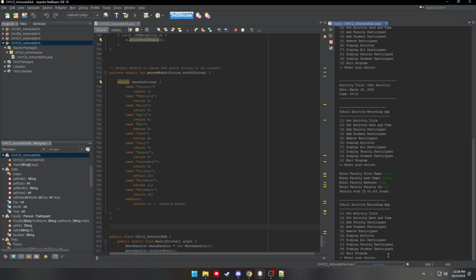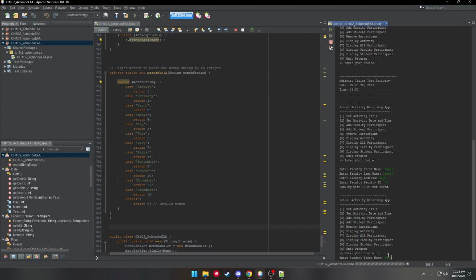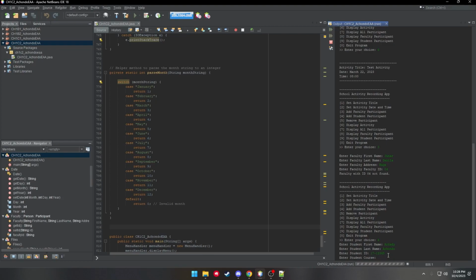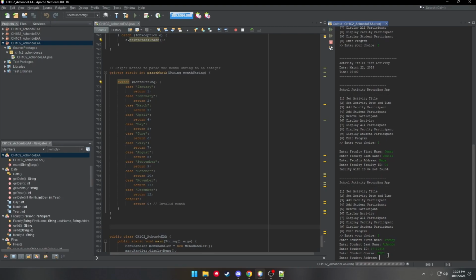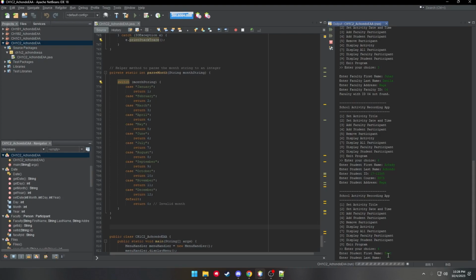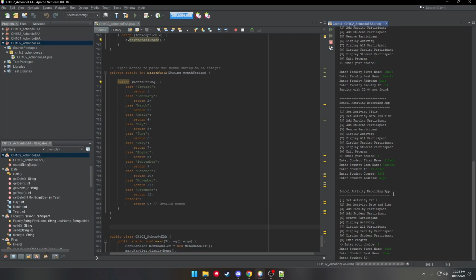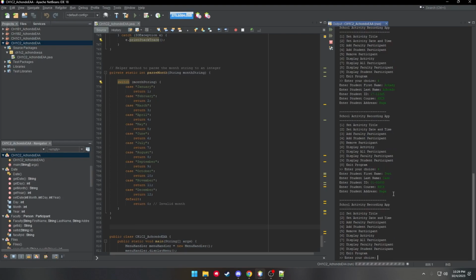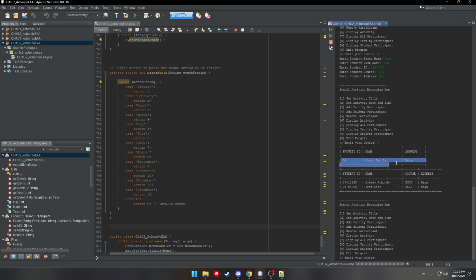Add a student. So student name, first name and last name, and student ID, student course, and then address. Now I'll add another student so I can demonstrate the remove participant. I'll call this student test case with this student ID, Naga as the address. Okay, so we can now display all participants, which you have here, the faculty and then